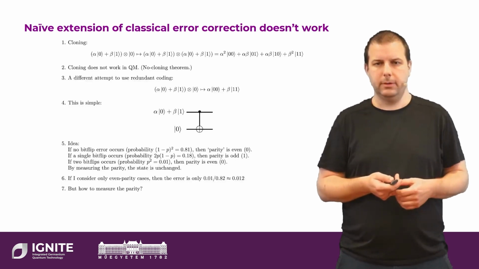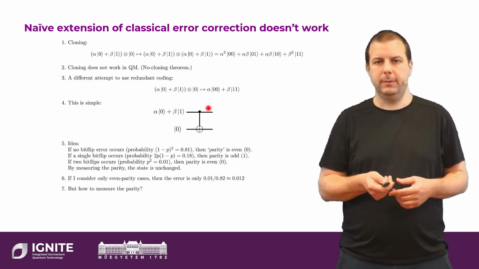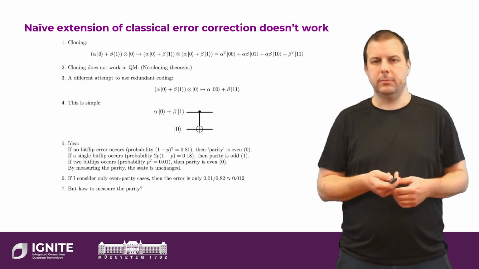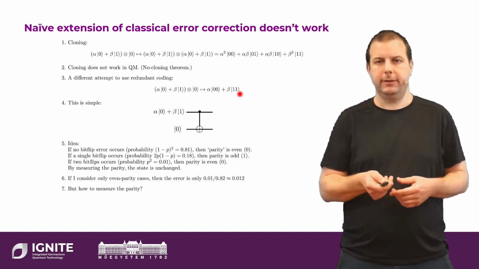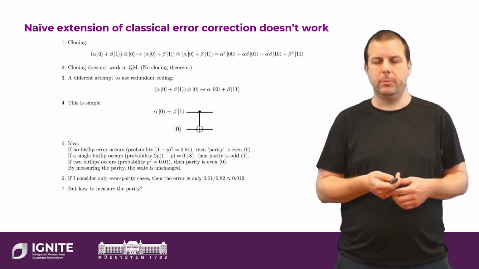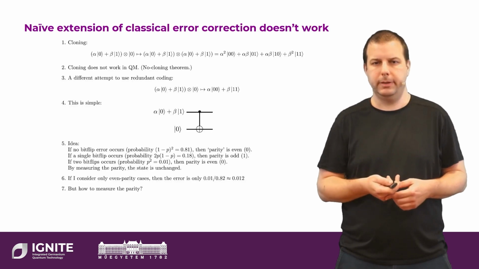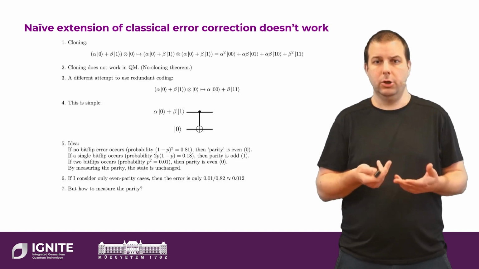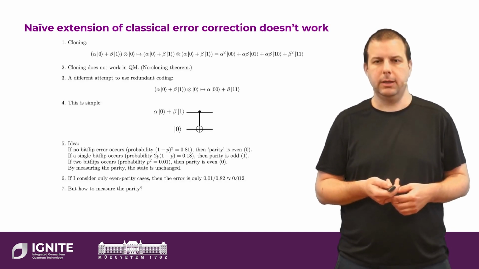Another useful concept brought in by this parity definition is that if a bit flip happens on this encoded state, I can detect this single bit flip by measuring the parity. The effect of the single bit flip on this state will be that it becomes alpha |10> + beta |01>, or the other way around. So |00> and |11> are converted to computational basis states which have the opposite parity, odd parity. So by measuring the parity of such a 2-qubit state, we can learn that the bit flip happened. This is a very important ingredient in error detection